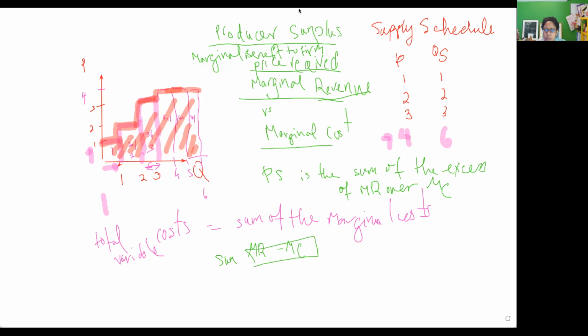Let's use blue. So we're going to look at the total revenue, and let's assume that the price is $4. So if the price is $4, again, here's our firm